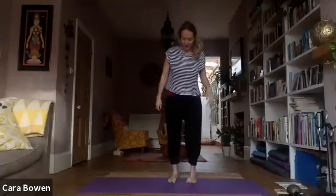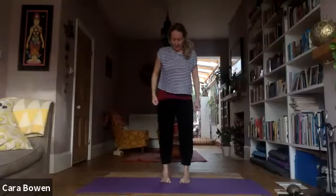And then we're going to do that same balance again, but this time we're going to do this mudra, Hakini mudra. So first of all, we take our arms up, we touch the hands over our head, and then we bring the hands down in front of us. So it's that interesting movement where we're trying to touch our fingers and thumbs without being able to see them. So starting in standing,